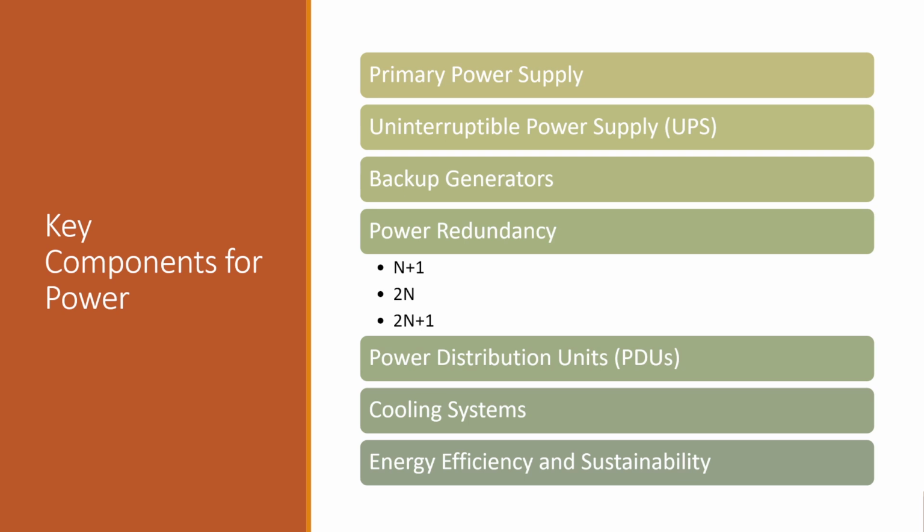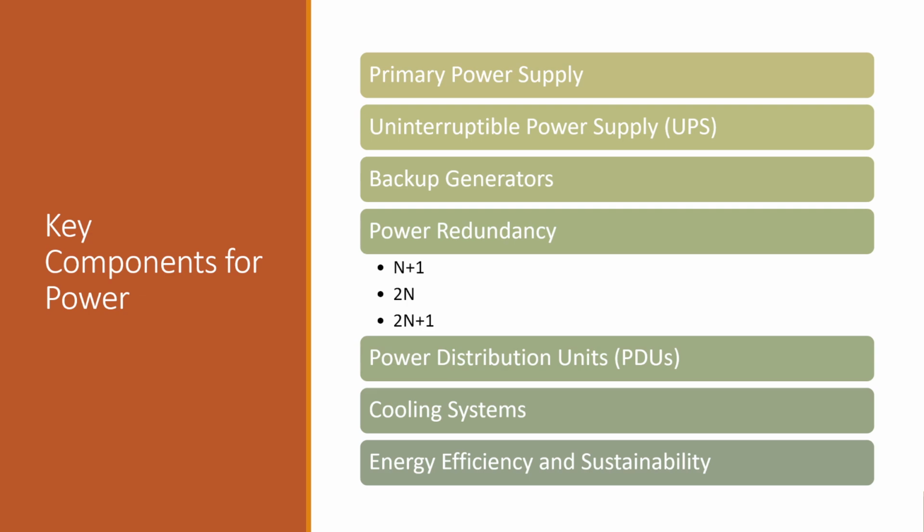Not only are they going to provide constant power, they're going to provide clean power. There are things where we could have power spikes or power dips, such as brownouts, and UPSs will even out that power distribution for our servers, so that way we will not be affected by them. We'll use backup generators to provide long-term power during extended outages, and these generators need to kick in for an extended period of time, and they typically run on diesel. There are some that run on natural gas, but backup generators are needed because the UPSs are only for short-term